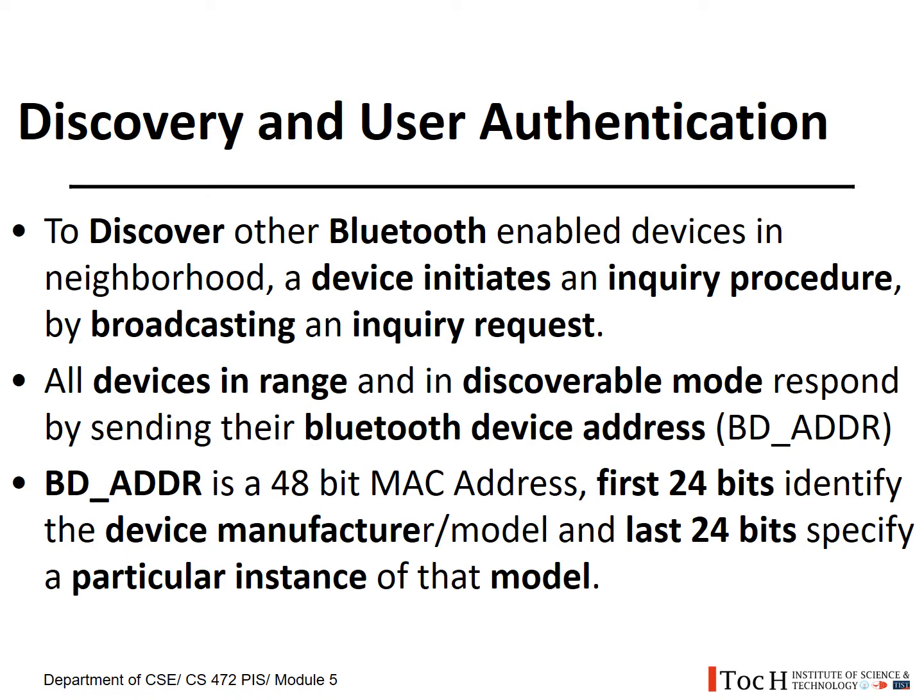Now we shall discuss establishing connection between various Bluetooth devices. This is a procedure we usually follow before initiating connection with other Bluetooth devices. First, we keep our device in discoverable mode and then search for other devices. To explain in detail, to discover other Bluetooth enabled devices in the neighborhood, the device initiates an inquiry procedure by broadcasting an inquiry request, and all devices in range and in discoverable mode